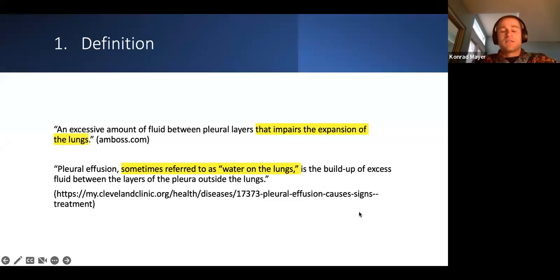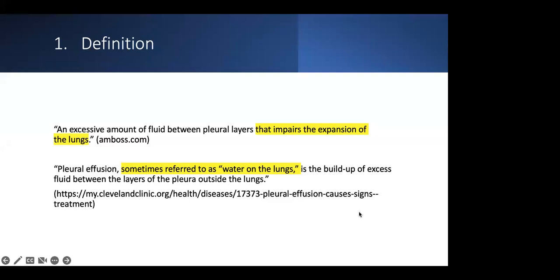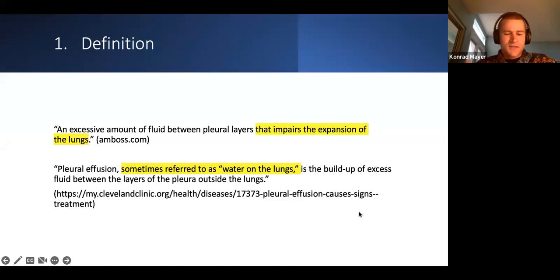What I thought was interesting is that oftentimes definitions are very technical and they don't have these side sentences, like "sometimes referred to as" or "that impairs the expansion of the lungs." That sentence is already a functional description of what the pleural effusion's impact is. I thought it was odd that it was already included in the definition. And that just reminds you of the fact that a pleural effusion is a degree change,